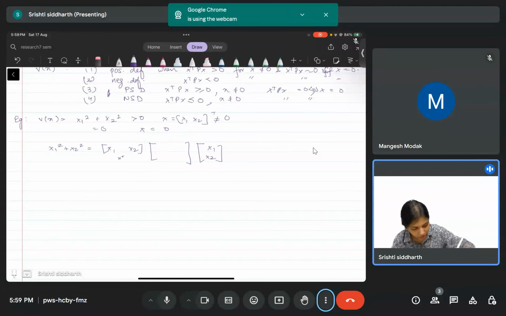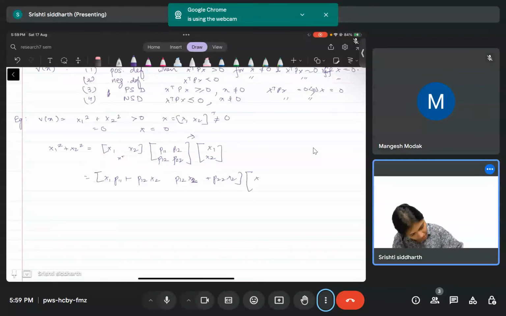So the first criterion is going to be that this is symmetric. Let's see, P11, and then this x1 squared P11, x2 P12, x1 x2 plus